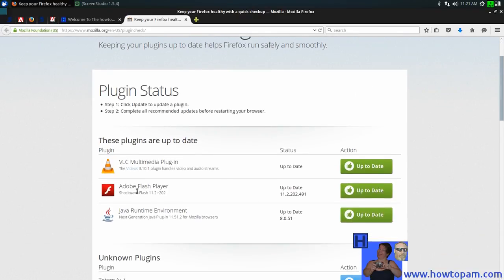Now you see I've got the Adobe Flash-player, the latest one, installed, and it's up to date, and these are the plugins I have installed. But if you have not got Adobe Flash-player installed, that will not show up here, or if it's out of date, it will let you know here that it's out of date. So once you've decided that you don't have the Firefox Flash plugin, or it is out of date, then